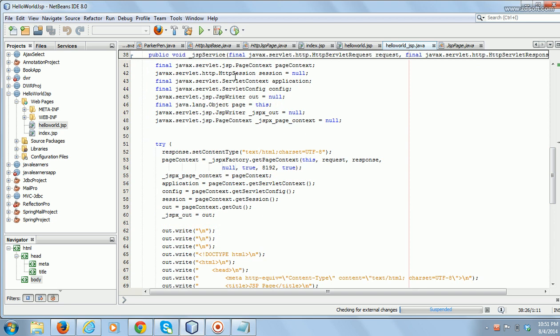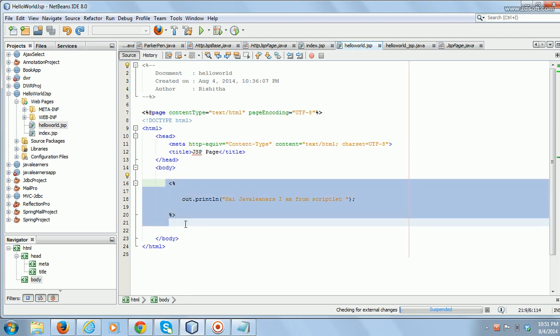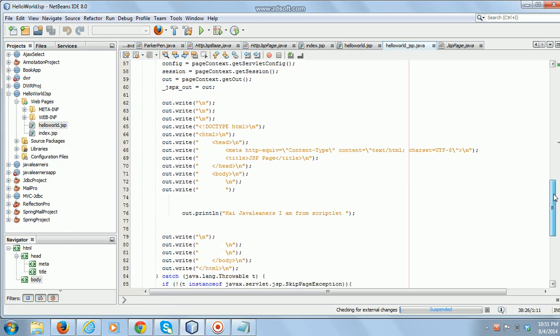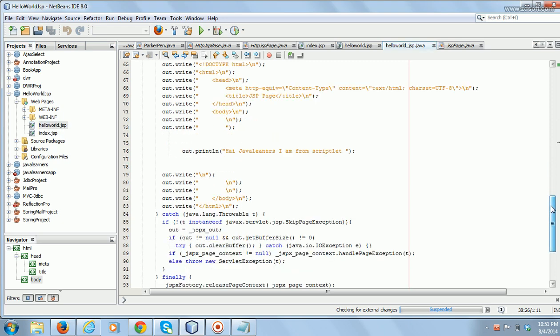What you have to observe is that all the content you have written in the scriptlets will go into the _jspService method. Remember that this is very important, and all the HTML code will also come here. Understand?